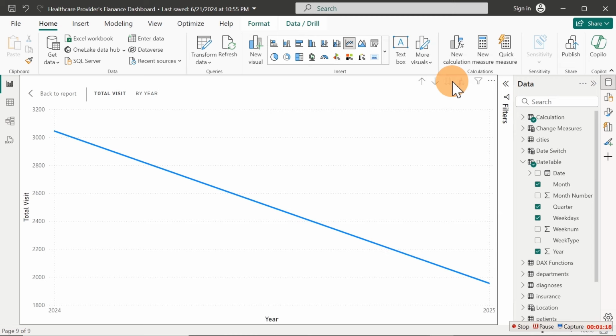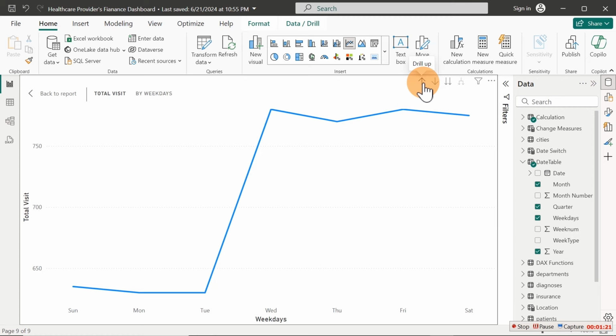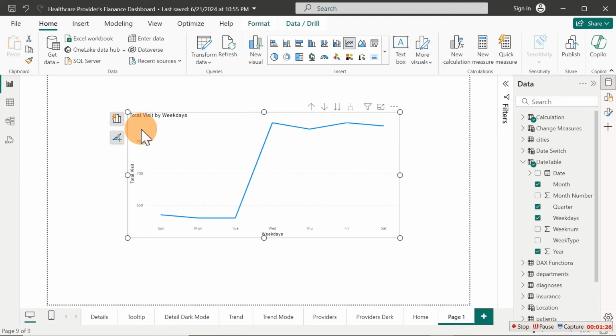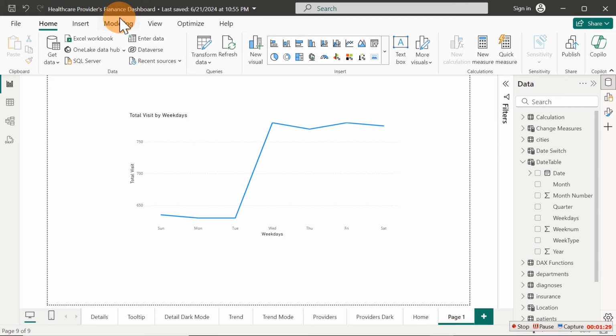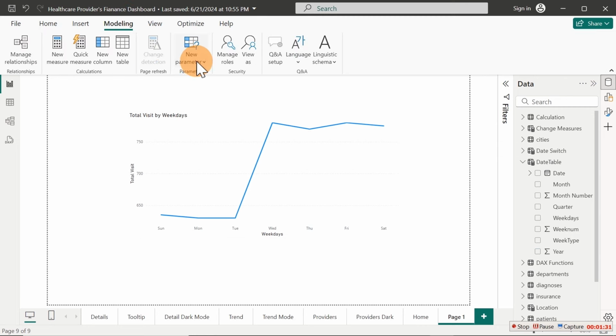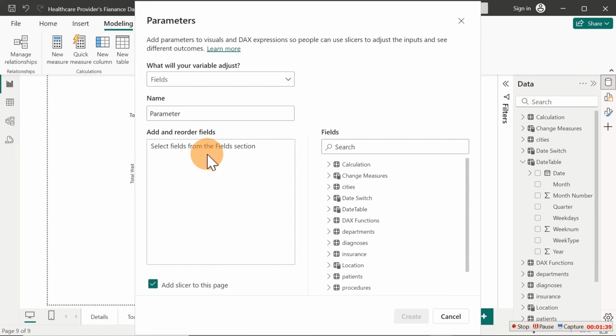So for that, let us bring in what I call a parameter. I'm going to take this off. Quickly, I will come over to modeling here. I'm going to go over to new parameter, then I'll create a fields parameter. With the fields parameter, the first thing I want to control is what I see on the x-axis. Over here, I'm going to say switch, and I think I'm going to name this one change